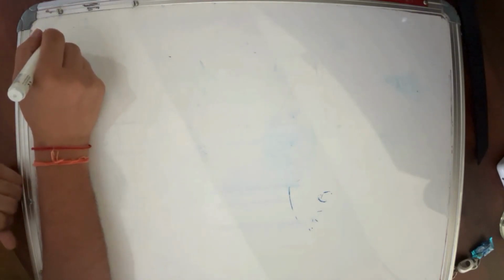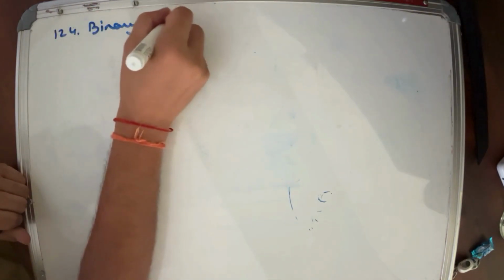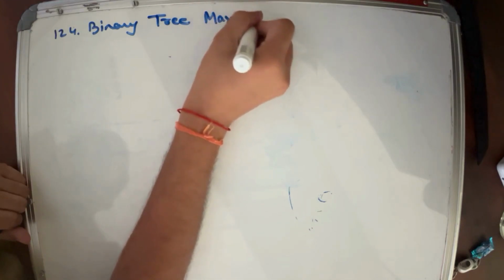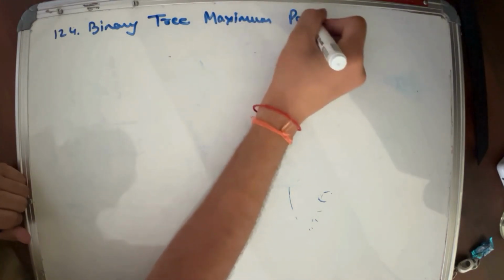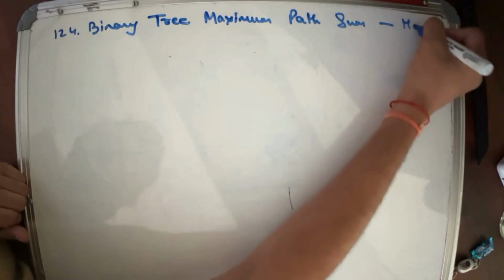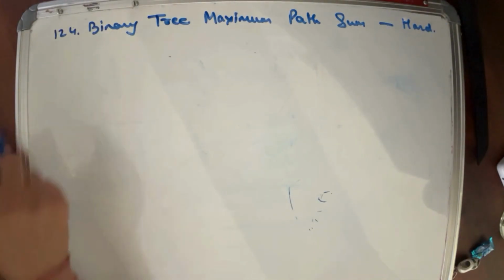Okay, so today we are going to discuss question number 124, Binary Tree Maximum Path Sum. This is a LeetCode hard, and I will teach you how to do this in the most optimal way,